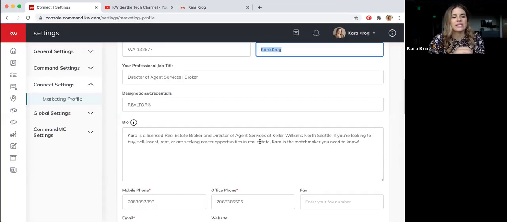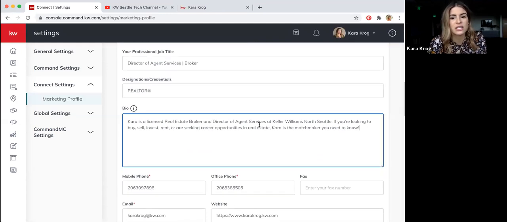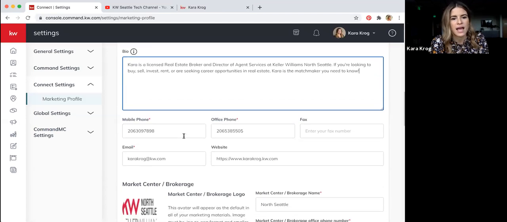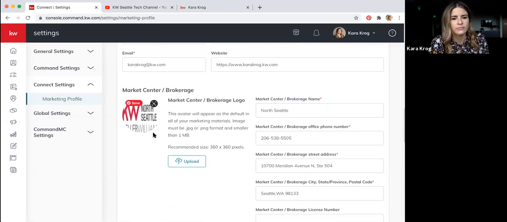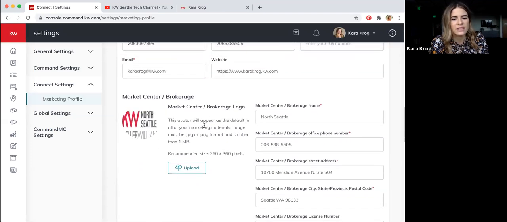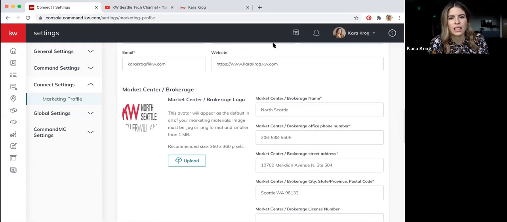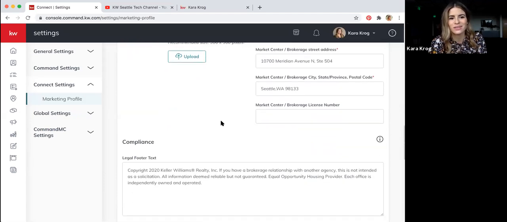And then I've got my bio here. You can certainly do a much better job writing your bio than me, but this is actually going to be a consumer-facing bio. So unlike the bio that we talked about in KW Connect, this one is stuff that your potential clients and your clients would actually see. My phone numbers, email address, my website, my Market Center logo. And if anyone doesn't know how to find their Market Center logo, let us know and we can show you how to do that. There's a lot of other stuff to cover today, so only if you guys don't know,